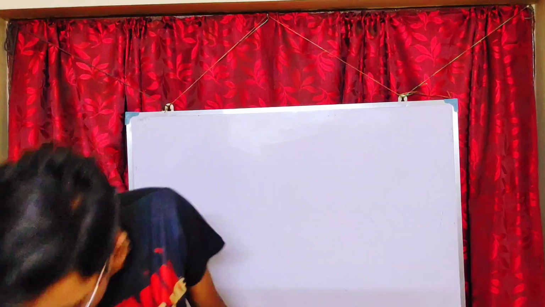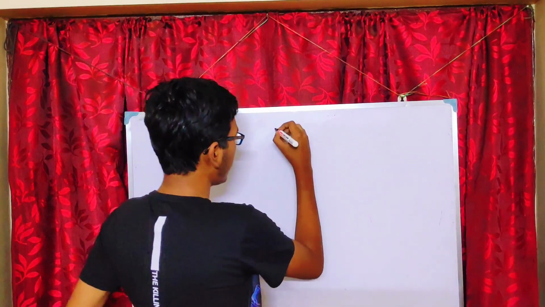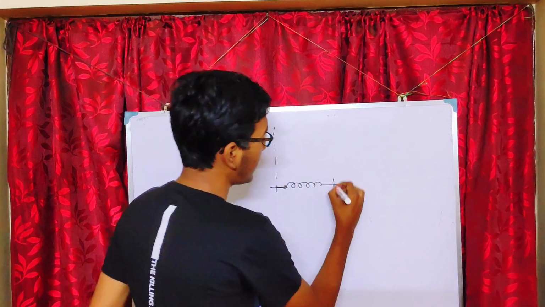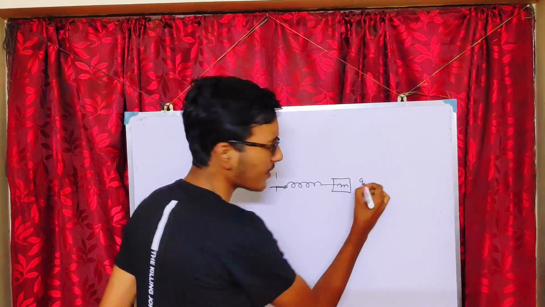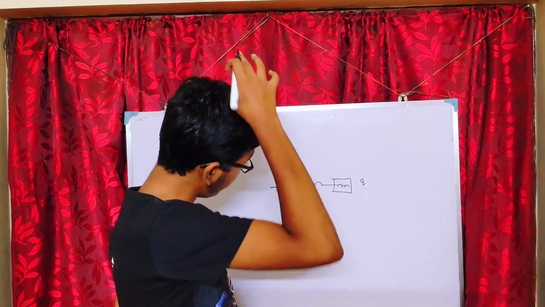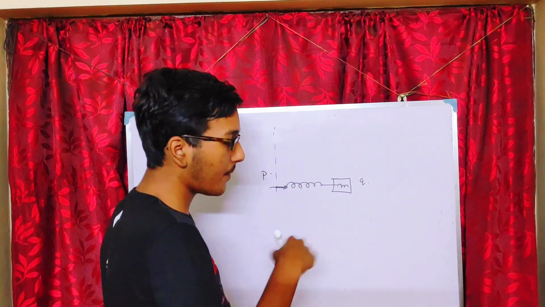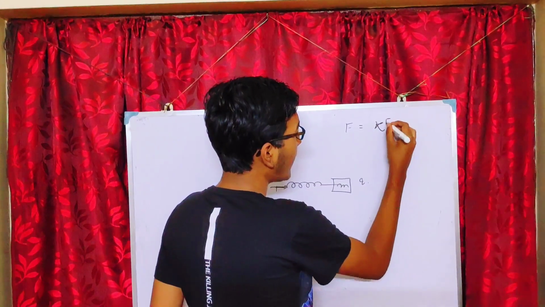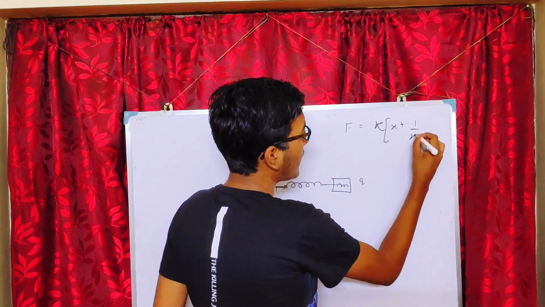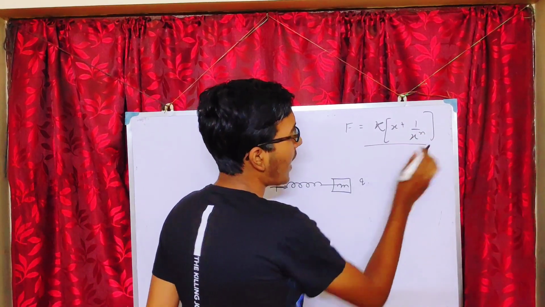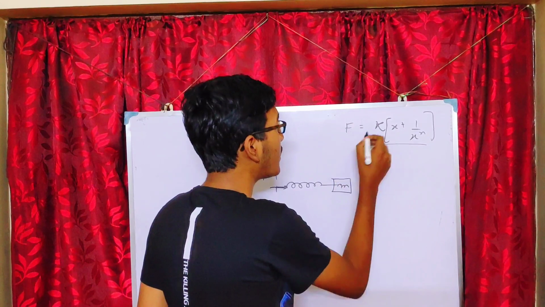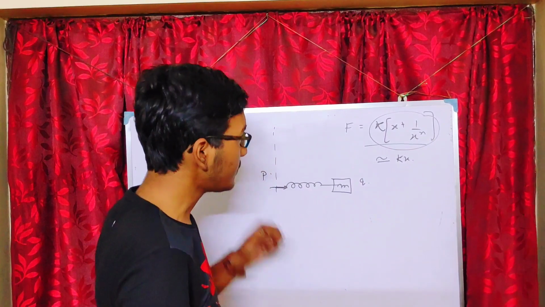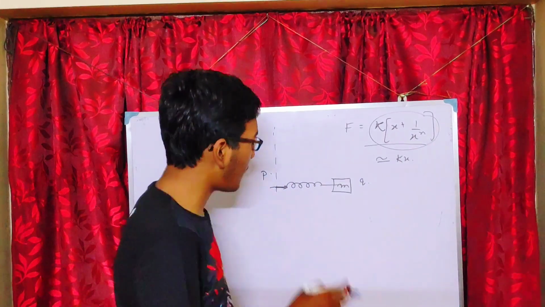So it was given that there was a dipole and a spring attached, right? And this was a mass m and charge was given as q, right? So basically the concept of the problem is that the force would be proportional to some k into x plus 1 by x^n, like this, and using binomial approximation you have to make this term proportional to kx, right? This is the general theme of the problem, I would say.